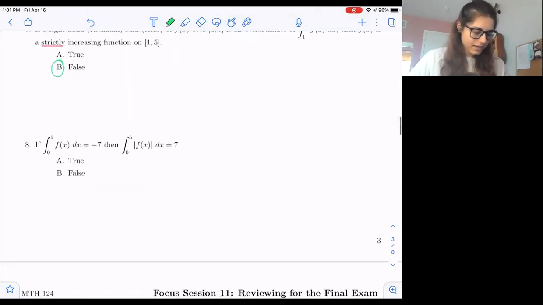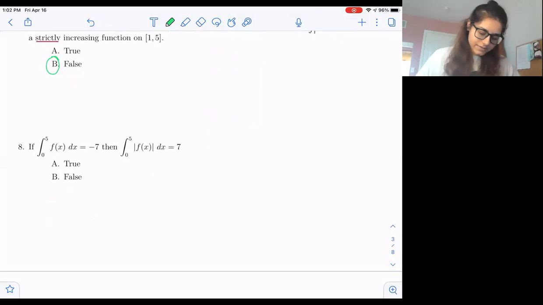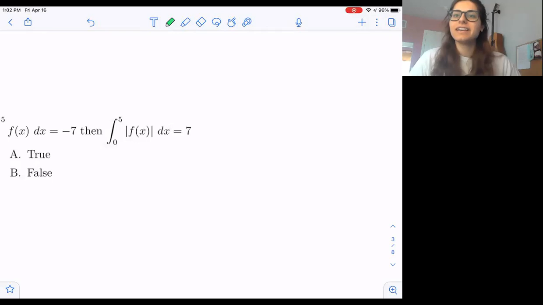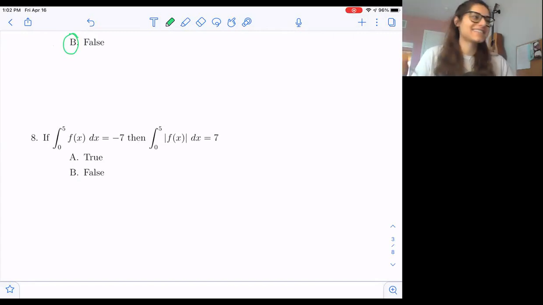Next one is, if the integral from 0 to 5 equals 7, then the integral from 0 to 5 of the absolute value of the function equals 7. All right, so when the original one equals -7, the absolute value would equal +7. You might be like, yeah, the absolute value of -7 is 7, so that's true. It's probably not going to be that easy, right? So just based off that, I would probably say false. But the reason is that